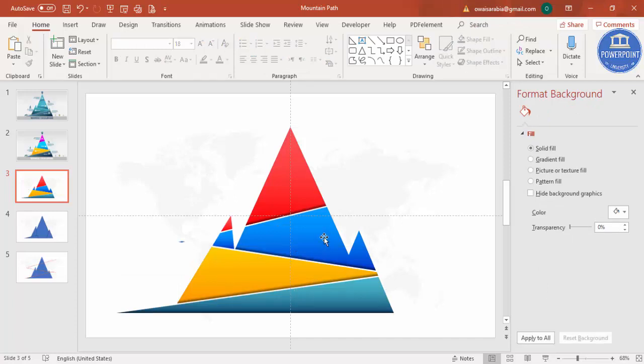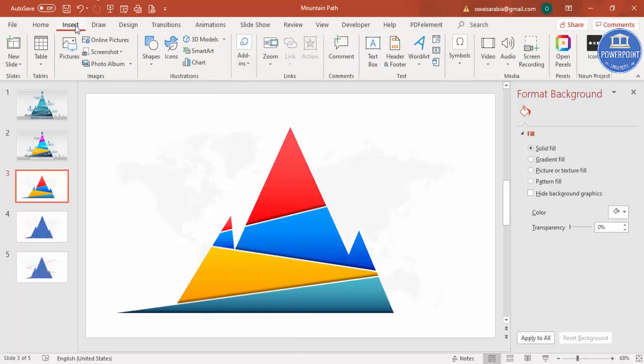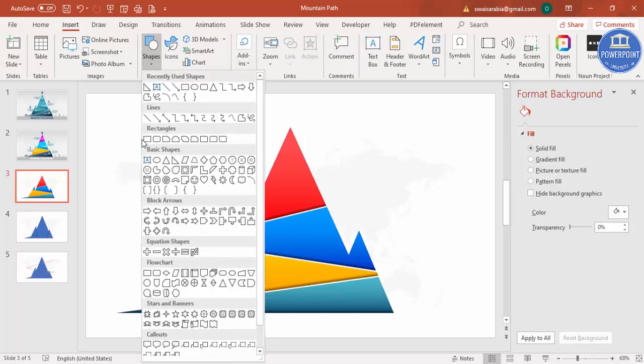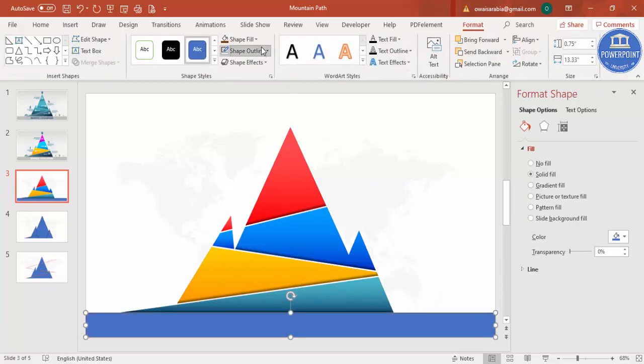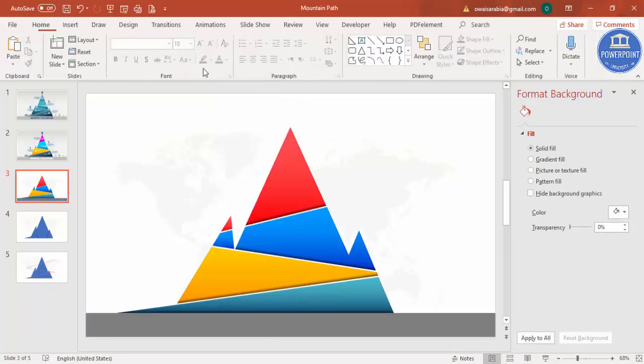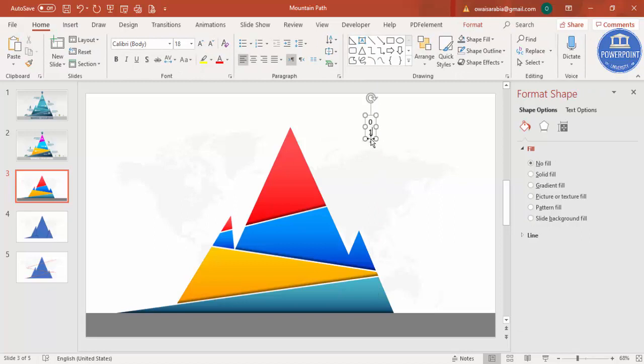It's time to add the text. Let me just disable the guides, then go to insert shapes, select a rectangle as a base. I'm just going to add it at the bottom where you can put your headlines or whatever, shape outline, no outline, and give some different color. So you can see here, and then go to insert text box and just say 01,